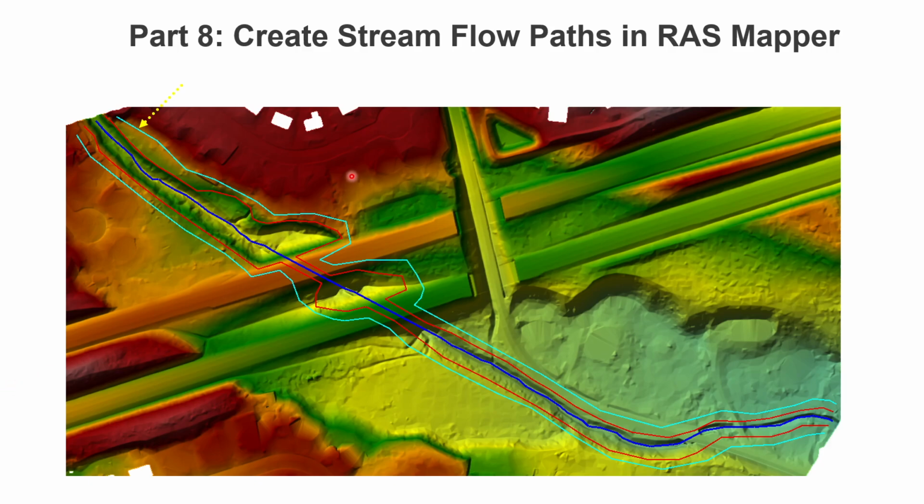In the previous video, we created the stream center line. We also created the bank lines, which are in red, and now we are going to create the flow path. And the flow path together with the bank lines and the stream center line are very useful to define the